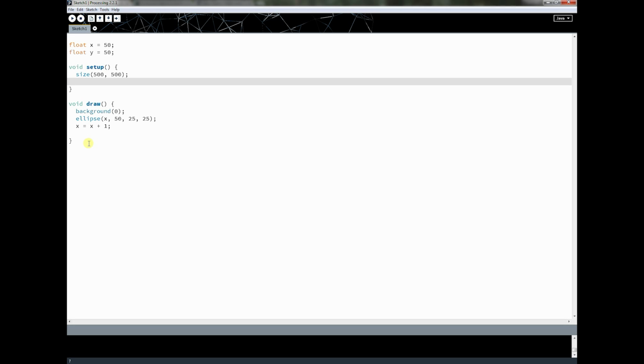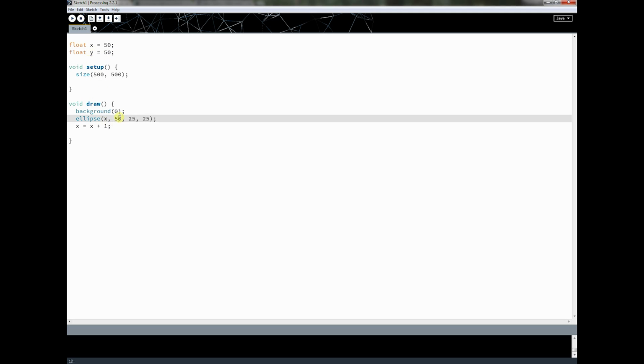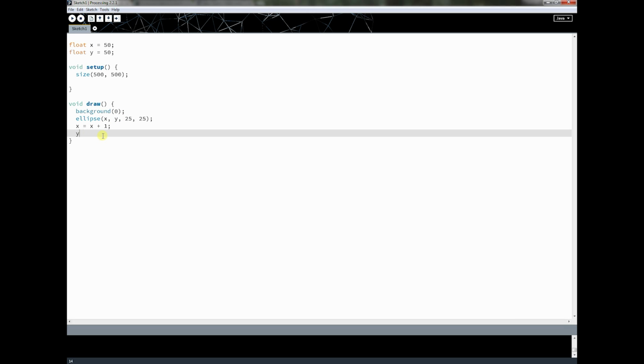But before we do that, I asked you at the end of last lesson to get the ball moving in the y direction. And so right here, notice I have the variable now. I have a y variable. So let's go ahead and put the y inside here. And then I'm going to make it move